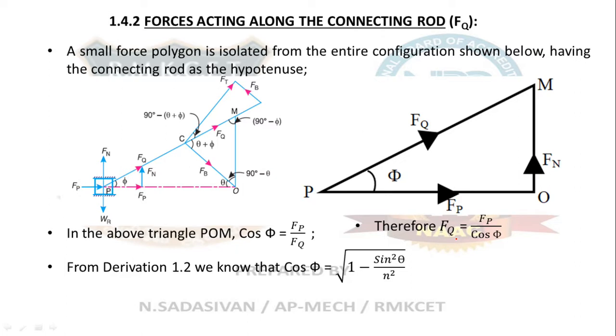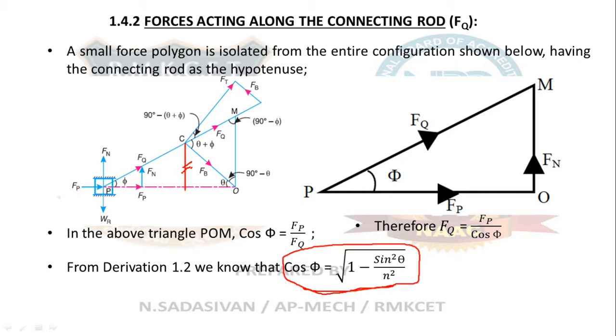So what manipulation am I going to do? We already know this basic trigonometric relationship: cos phi equal to root of 1 minus sin square phi. This we used in the previous derivation also. It comes from the fact that in a reciprocating engine, if you put a line here from the crank, this side is shared commonly, so L sin phi equal to R sin theta. Therefore we established a relationship: sin phi equal to sin theta by n. I think you remember that from the last derivation.